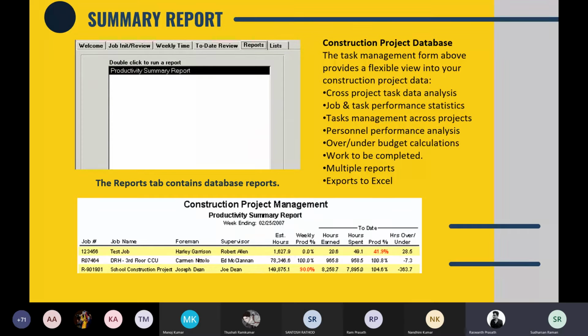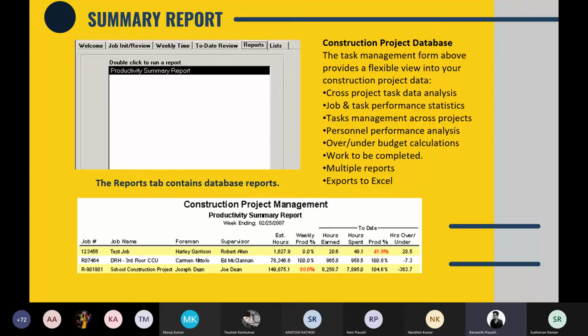As we know, MS Access is a product of Microsoft. So the company can buy the Microsoft Office Professional suite, and they can export through Excel sheets, and it can be very useful for the company. And the task management gives you a flexible view for the construction project data, and follows cross project task data analysis.